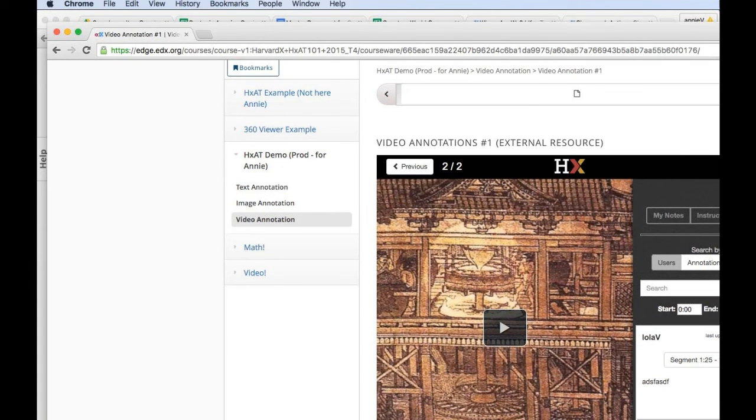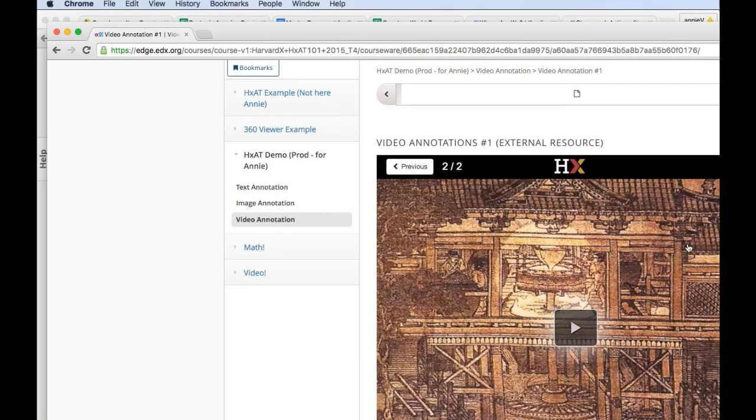So here we have an example of images from the China X. We'll see how fast your internet access is now.